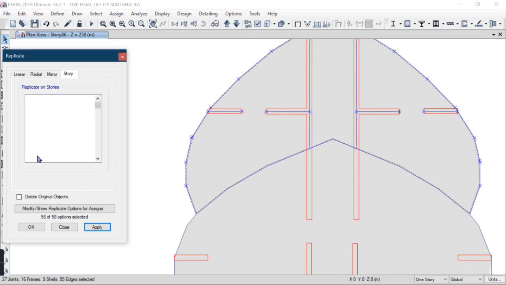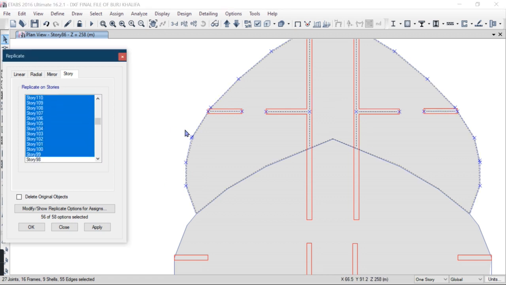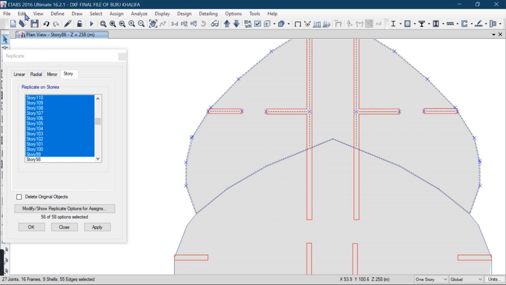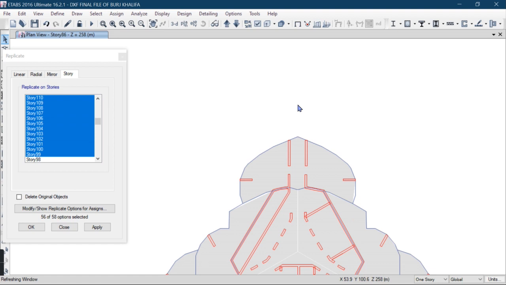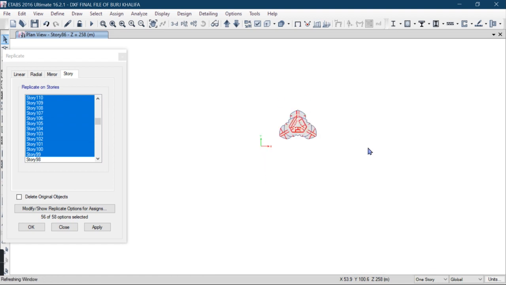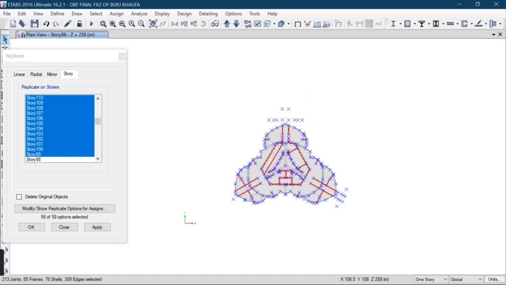99 to 110. Select 99 here. First you have to delete it: go to edit and delete it. Select all these, 99 to 110. You will have to delete these joints also.